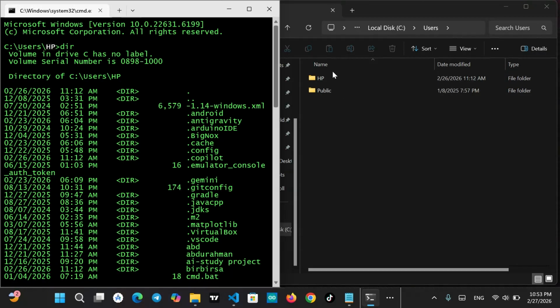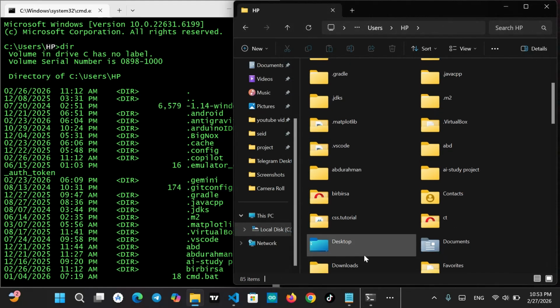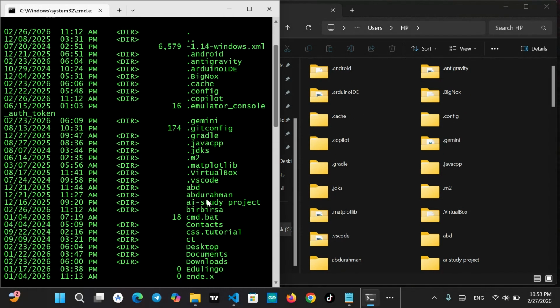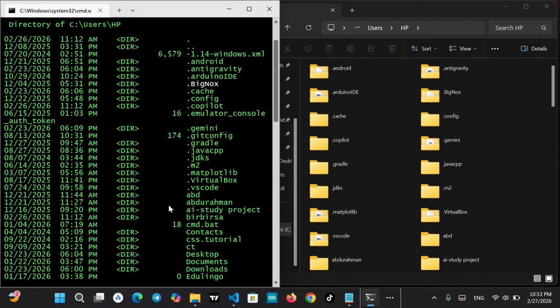Those folders and files are listed in this CMD editor. For example, Android and Business, almost all exist in this HP folder.